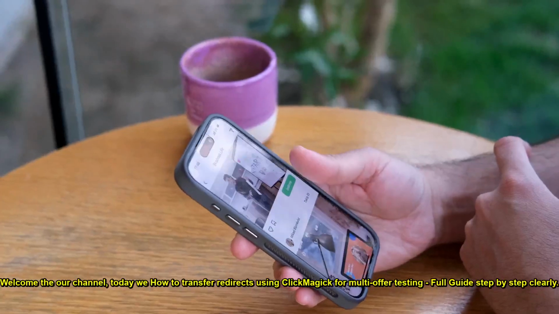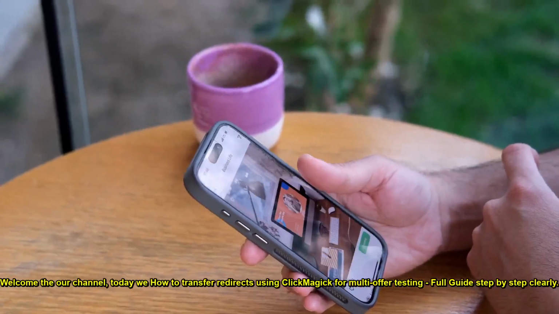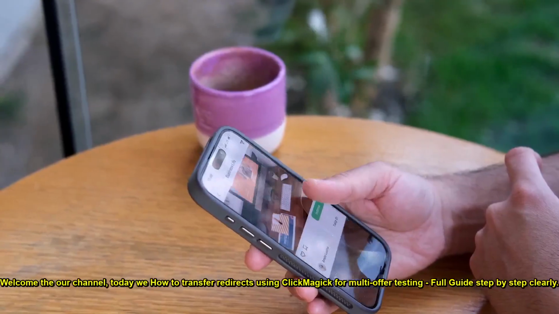Welcome to our channel. Today we'll show you how to transfer redirects using ClickMagick for multi-offer testing, a full guide step by step